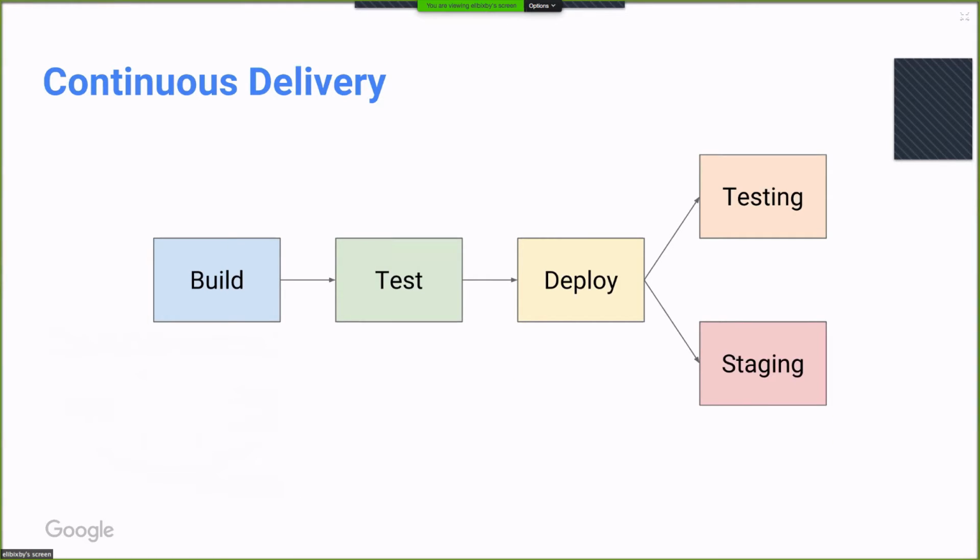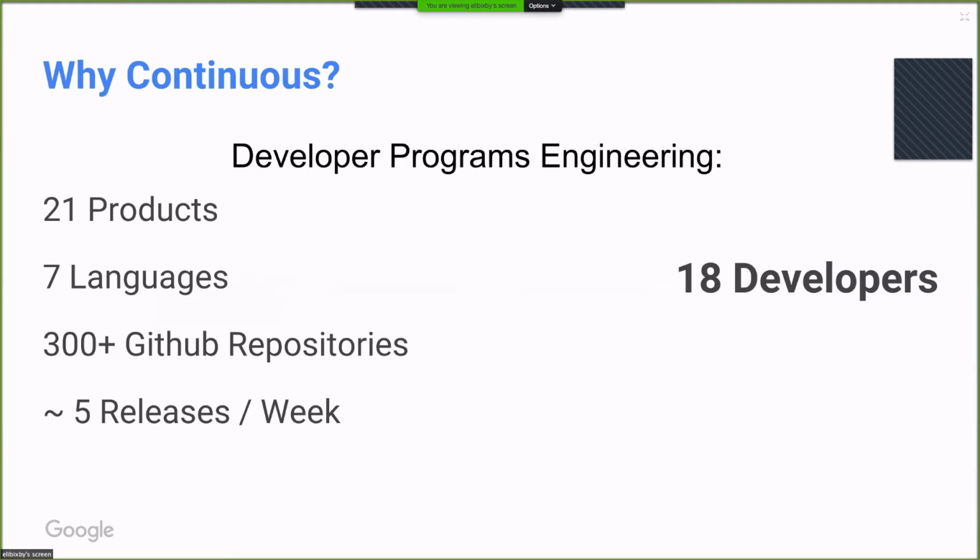But continuous delivery is sort of a superset of continuous integration. The idea is we take that nice linear pipeline and we put it before a deployment stage and we deploy to a variety of environments, be it testing, staging, or production directly, depending on whether our tests pass, whether manual approval stages, whatnot.